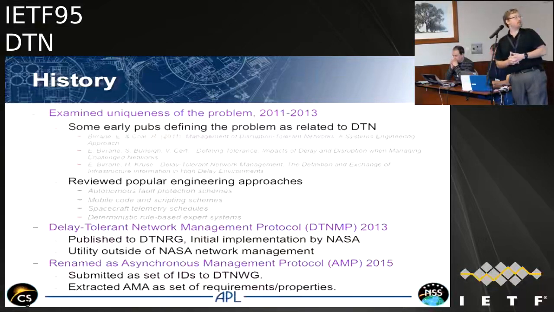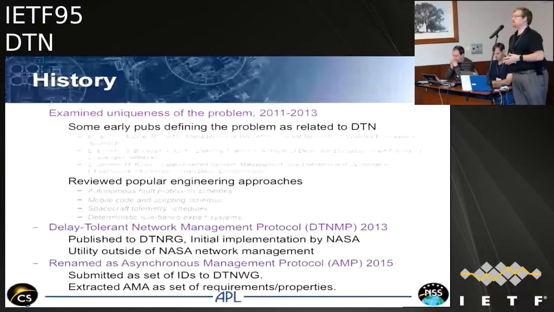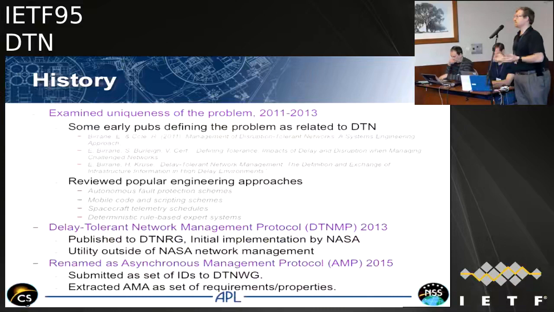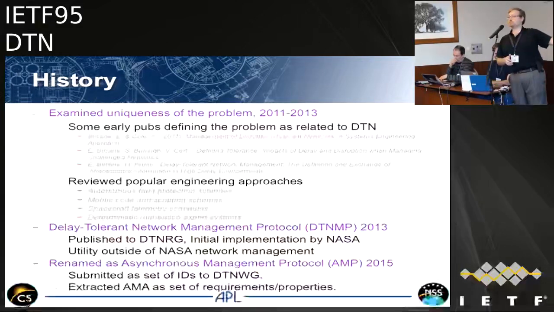And the question is, can management be re-expressed as network safing as opposed to hardware safing associated with monitor rule-based systems? So we put something out called Delay Tolerant Network Management Protocol in 2013. We renamed it in 2015 to the Asynchronous Management Protocol because AMP sounded better, but also because DTN-MP implied that you needed to be running DTN protocols. And AMP does not require the DTN protocols. You can run AMP with IP or any other transport layer. It just so happens that it's probably also very useful if you're running DTN protocols. So that's all I want to talk about in terms of where some of this came from, and then just to spend the rest of the time talking about higher level concepts.